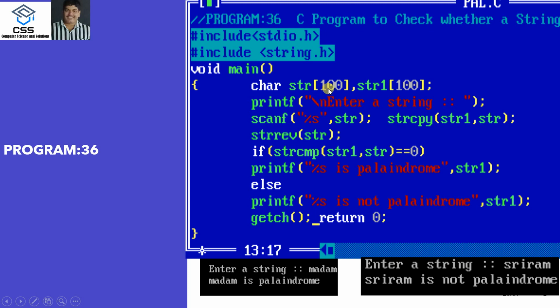We have taken str as a string variable, str1 as another string variable. We enter string str, that is madam, that will copy to another string, that is str1. Now we have to fix one string and we have to reverse another string. Str string is madam, its reverse again is madam, and str1 initially, original was madam. Madam is equal to madam, yes, because as we know, if two strings are equal in each and every character